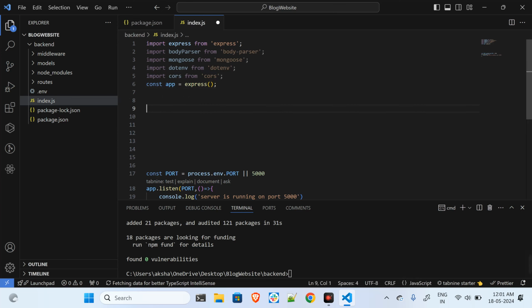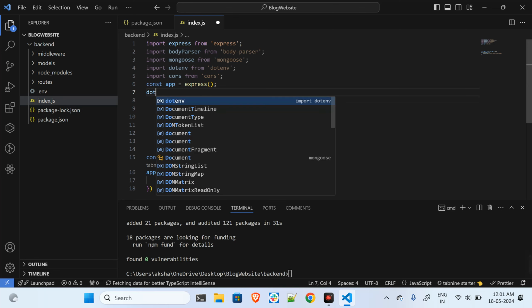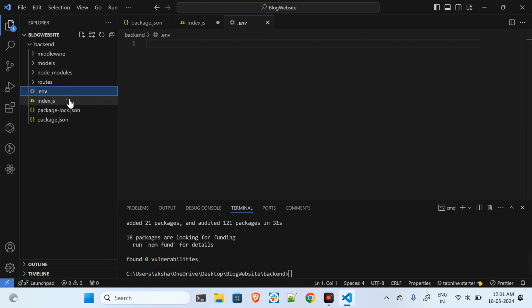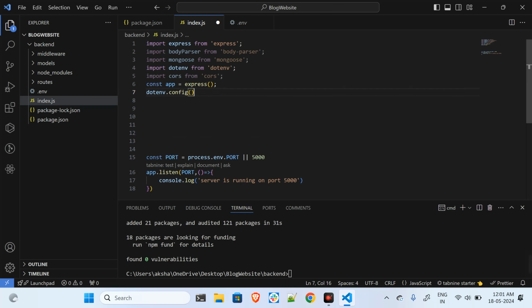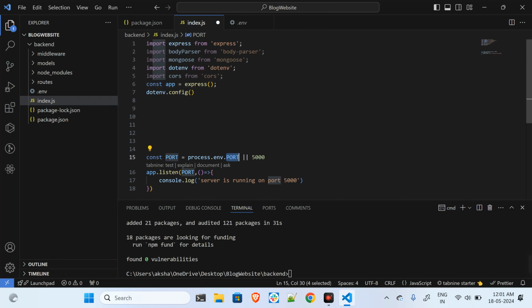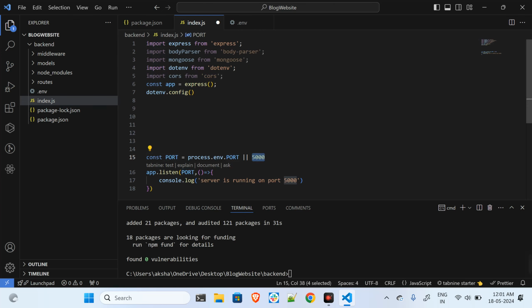Now I will make use of dotenv.config(). Basically, if you want to make use of the variables from the env over here, then we have to write this as dotenv.config(). Otherwise, whatever variables that we are declaring inside of the env, we won't be able to use them. Okay, so I will declare my port. Port I will declare as 5000. So if suppose the port is not declared over here, it will take this by default